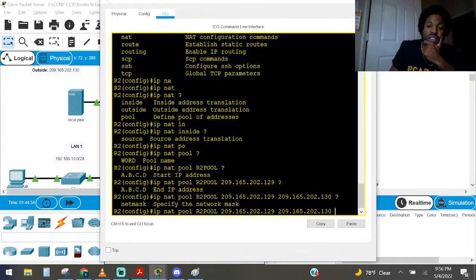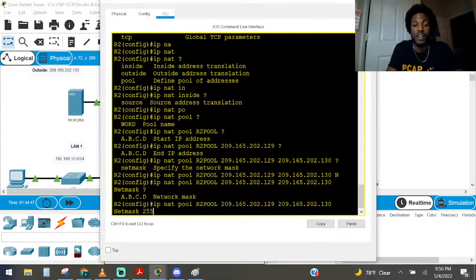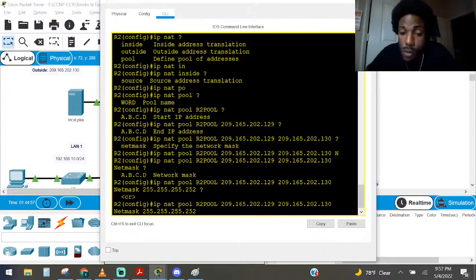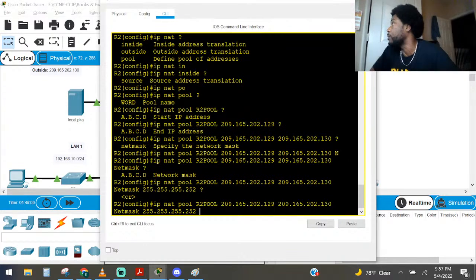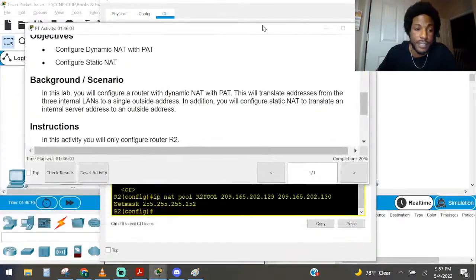So we're going to be using these two usable addresses. The network mask will be /30. So a netmask of 255.255.255.252. It's not a wildcard mask, it's actually a network mask. Let me know if I'm doing this right or wrong. Yep, I believe the last usable will be .130. Press enter. That's our pool. The next step here says,